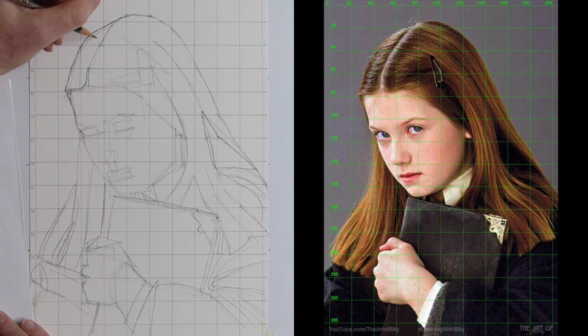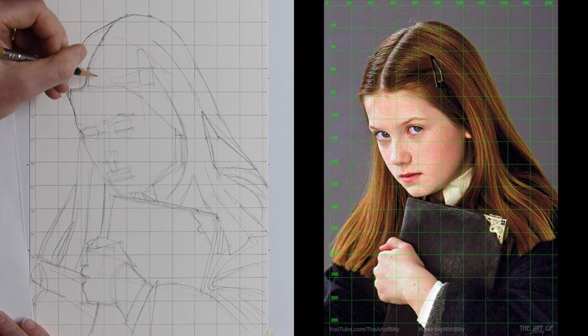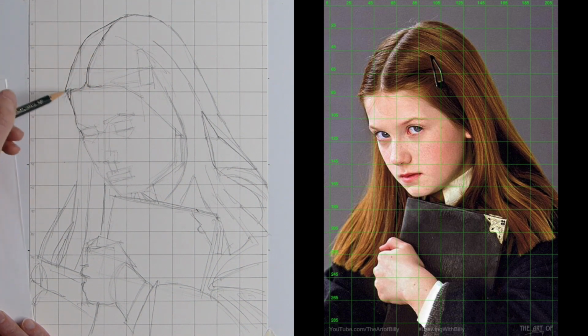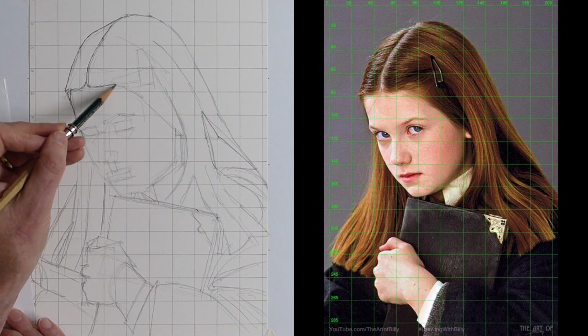Now the parting is very dark, and we've got a highlight coming onto the left hand side of her hair, the left hand side of the parting. So we've got the dark kind of on the inside of the right hand side of her head. So this comes down and we just follow the curve to join it down. Then we can bring the hair, you can see how it comes across. It's slightly diagonal, it curves up, it's not horizontal. So it curves up and then comes across,